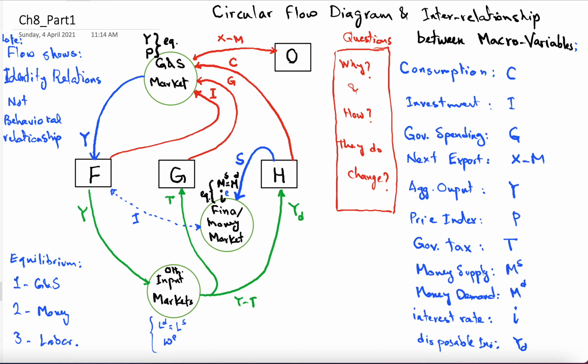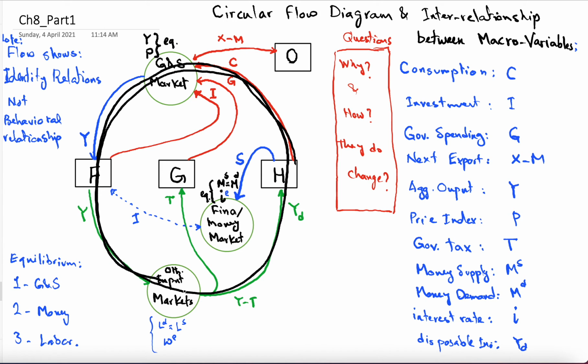The main flow, if I want to show it with the black, is this. So if something is taken out from this circle, which is going counterclockwise, if something is leaking, like saving is a leakage,